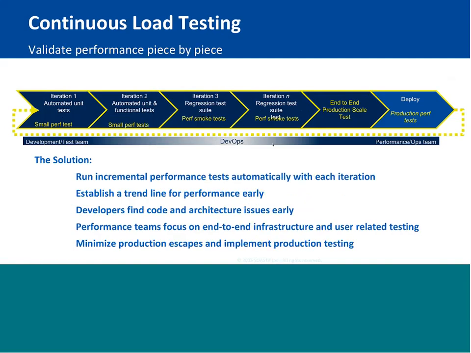If you throw continuous load testing in and measure your performance on a regular basis, right from the very first iteration, as soon as you build the first line of your first new function, you can build a small performance test against that and set a baseline for how that code is performing. If you're modifying a piece of code that already exists and has a performance baseline, you can compare how that code performs now with the new modification versus the previous version of the code running.